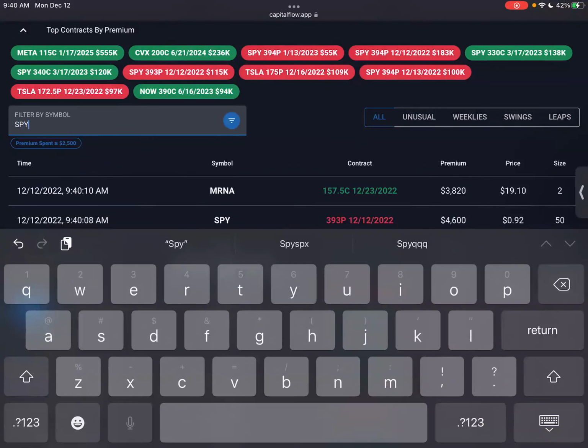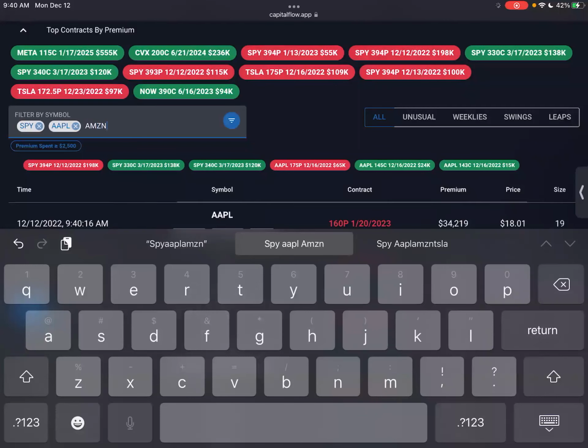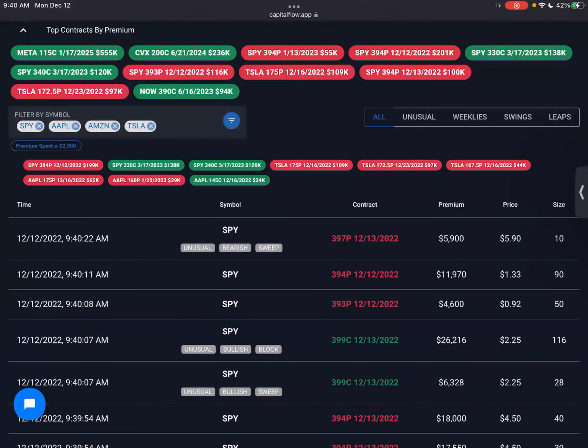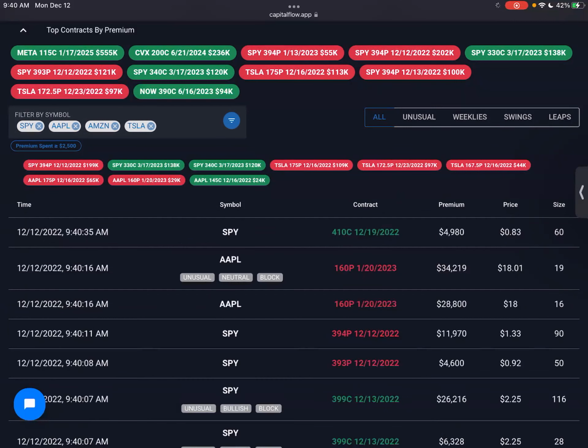So let's say we want to look at SPY, press enter, Apple, Amazon, Tesla. Right. So when you're actually searching tickers by symbol, you'll see we have another feature. When you search something, the top bot contracts specifically for that ticker are going to pop up right below there. So that's another really cool feature. You can kind of see where most of the money is going into the tickers that you want to watch